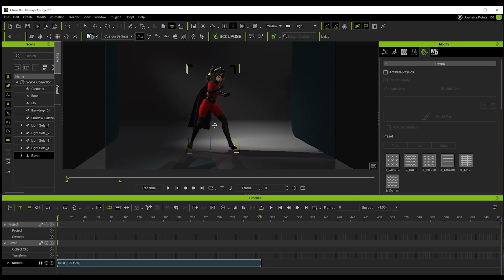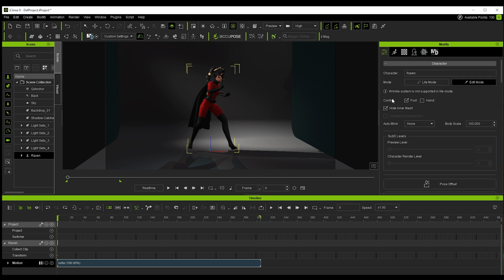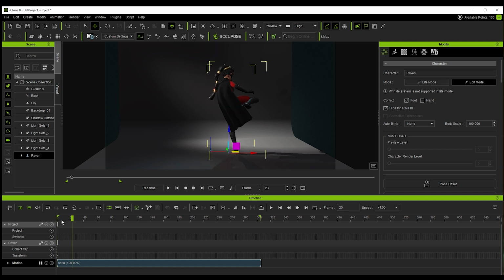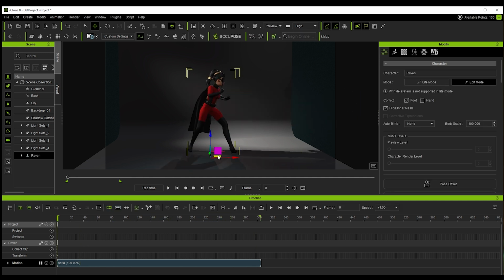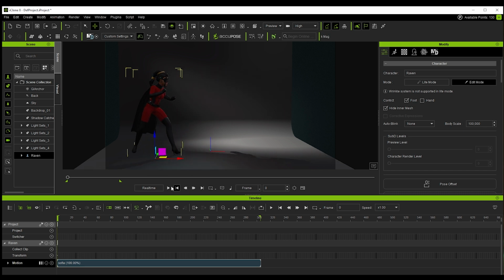For example, we can make the character have better contact with the ground because right now it's floating above it. But with the character selected, we go to this option and choose foot here, which is already selected in this case, but if not, you would need to click there. And we're going to select this part, and here we're going to lower it, and we see that when it touches the ground, it makes contact because the knees bend. So now it will always be at floor level. I'm going to move it a bit more here so it ends up inside the frame.